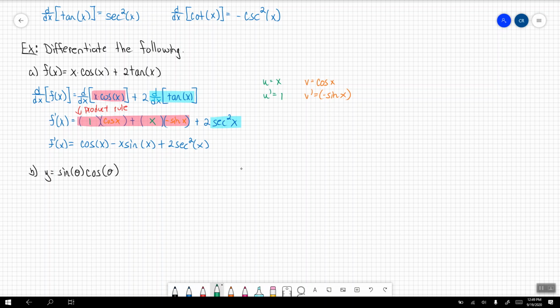So again, using that product rule, I'm going to say that u is sine of theta, which means that u prime is going to be cosine of theta. My v is going to be cosine of theta, which means my v prime is going to be negative sine of theta. And using this product rule for y prime, or let's say dy dx, or you know what, in this case dy d theta, because we're taking the derivative of y, the function, with respect to theta. And so again, using the product rule,